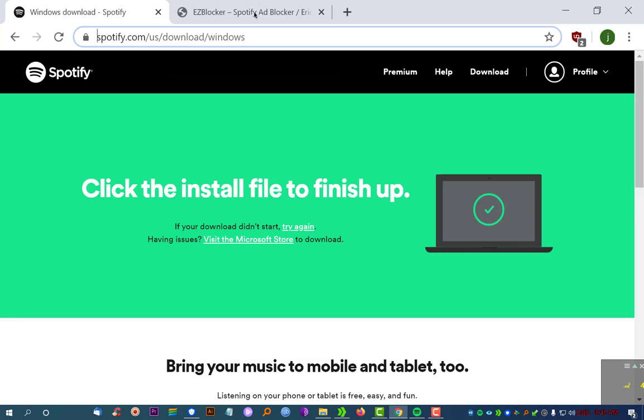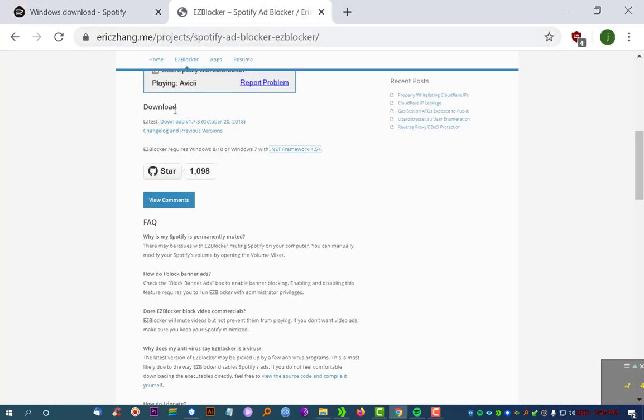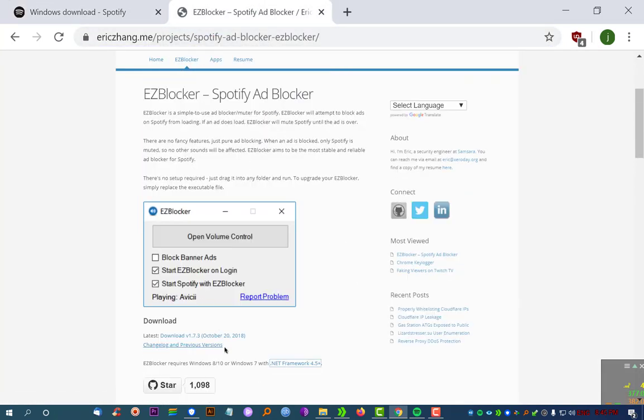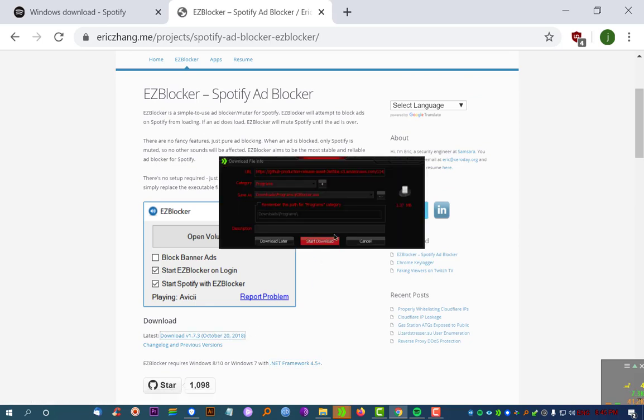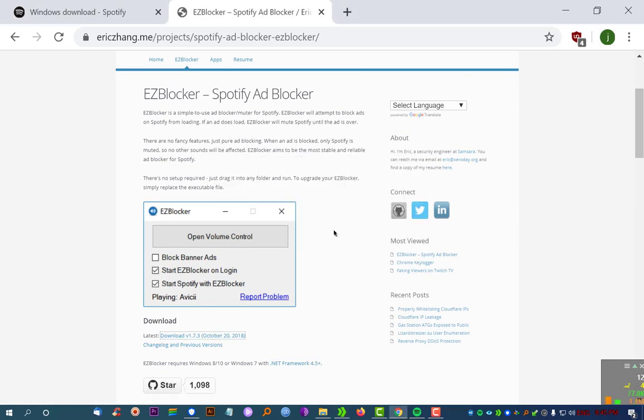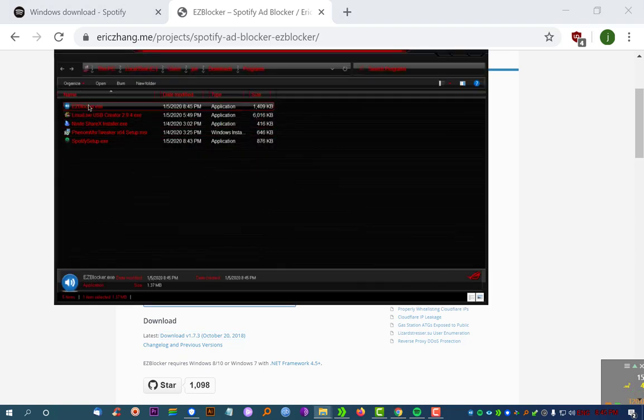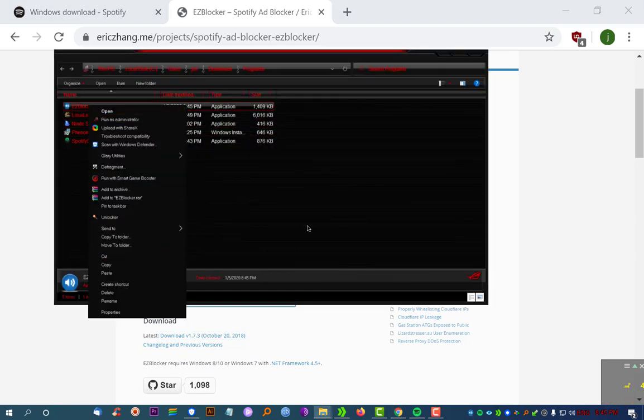The next step is to go to this website and use this tool right here. It's called EZBlocker, Spotify AdBlocker. Download that, and basically you're going to want to right click it and run as administrator and run that program. So use that right there, and then after you do that, restart Spotify, and then you'll have a Spotify similar